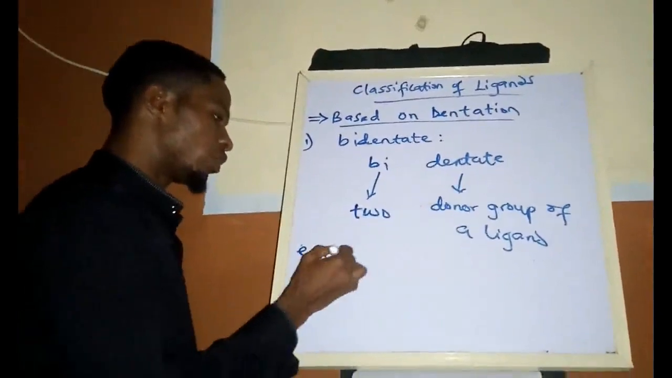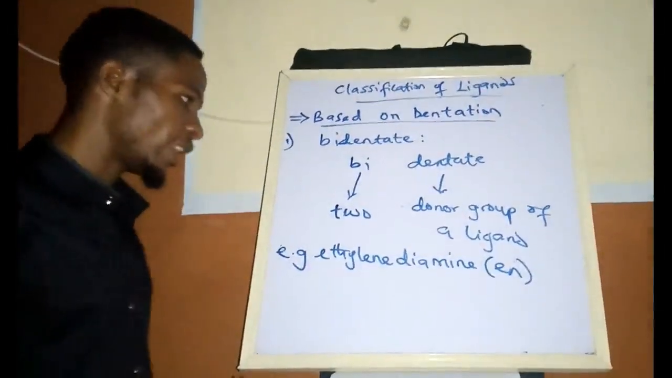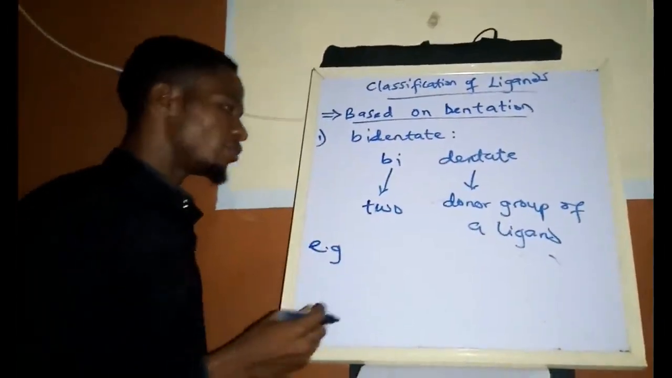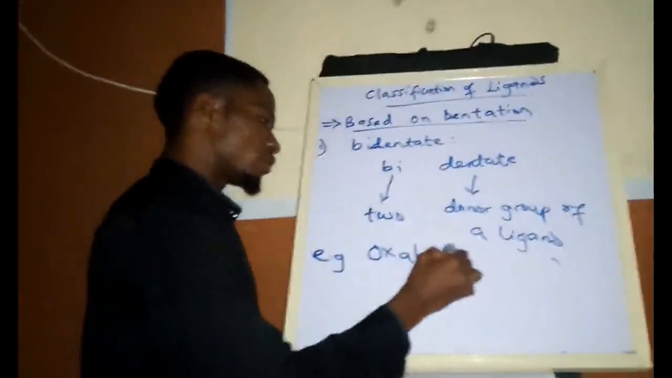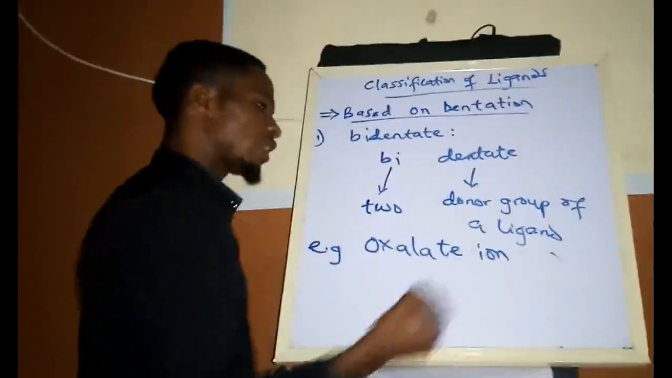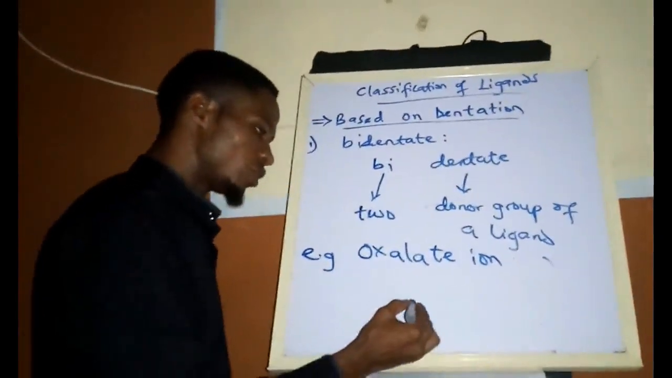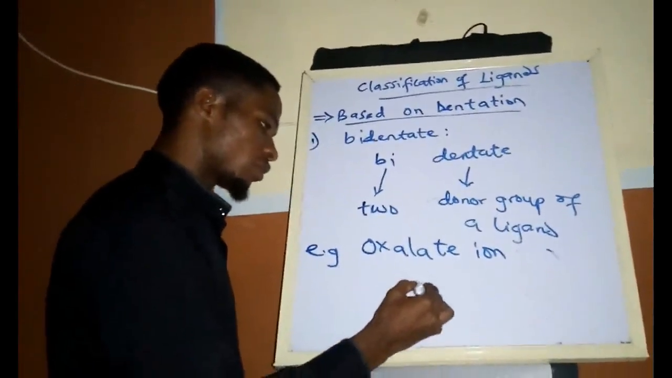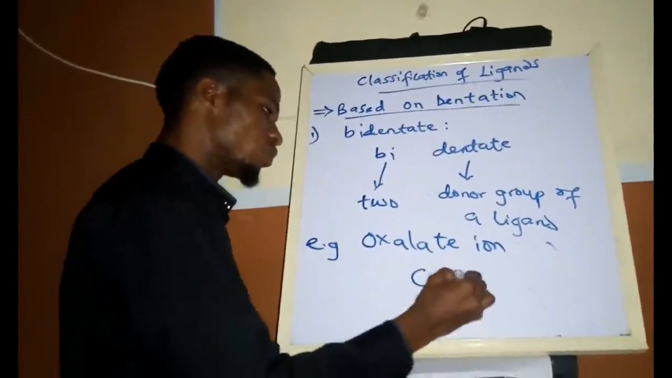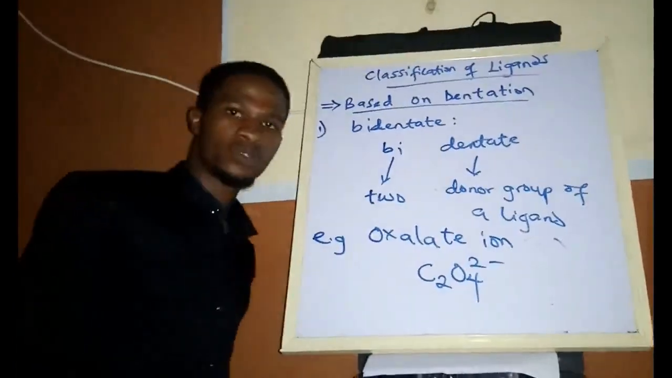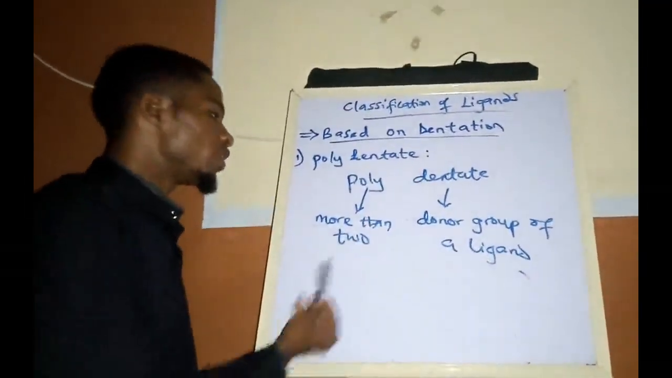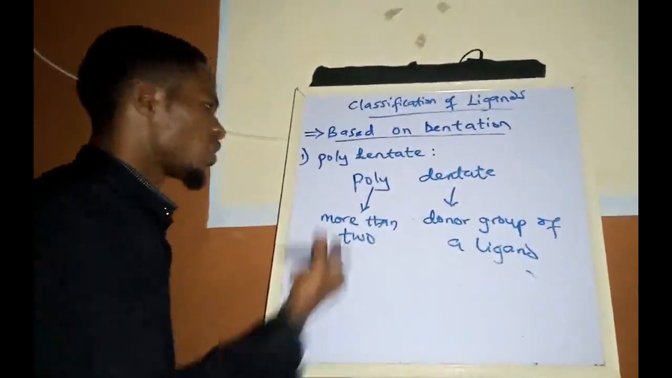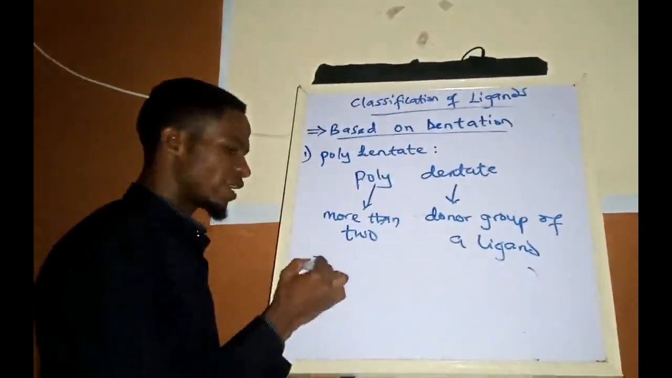Example include ethylene diamine. Another example is oxalates, oxalate ion, which is C2O4 2 minus and more. Now for the word poly, poly means more than two. Under this poly, we can decide to have